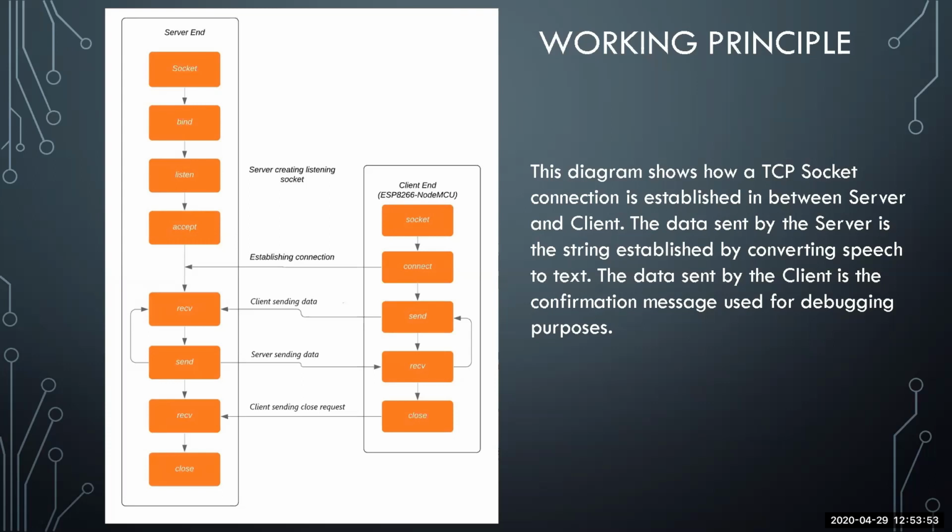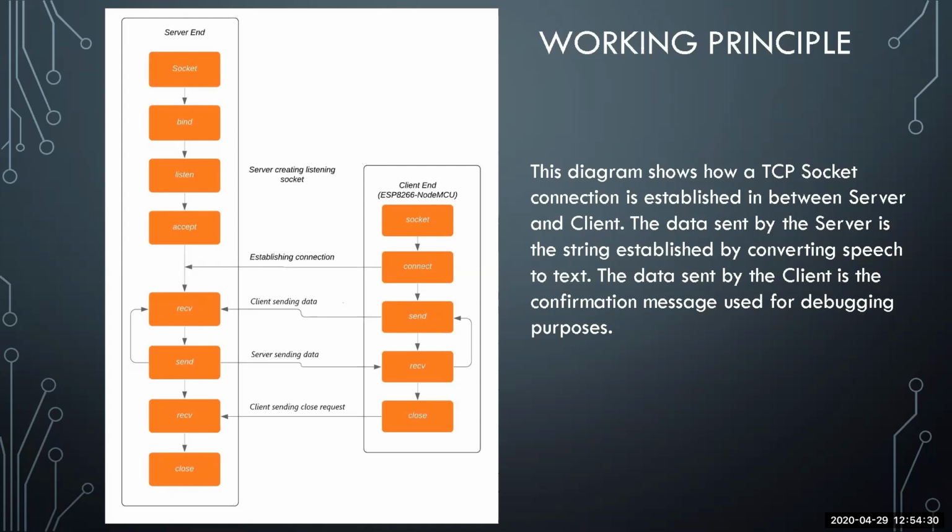So basically, once a wireless connection is established, as seen in this diagram on the left, what the server does is it takes voice commands from the user, basically using a mic. It records your commands, then it converts these voice commands into a string, a character string basically. So it converts your voice commands into a sentence, and then in order to send this information wirelessly to the client, the server converts the character string into a stream of bytes, and once it converts it to a stream of bytes, it sends it to the client.